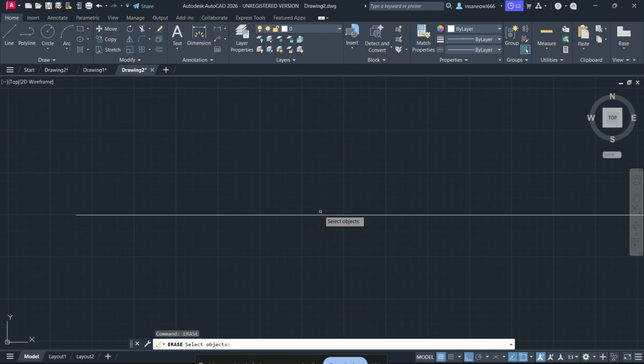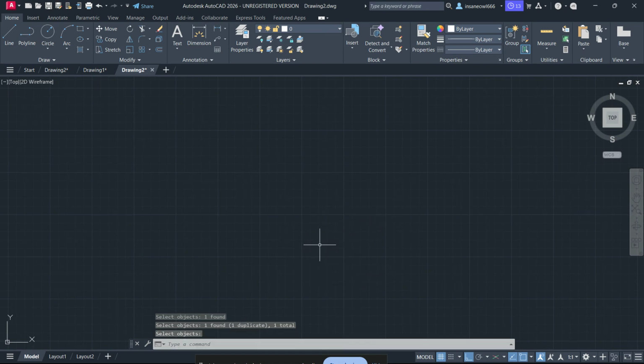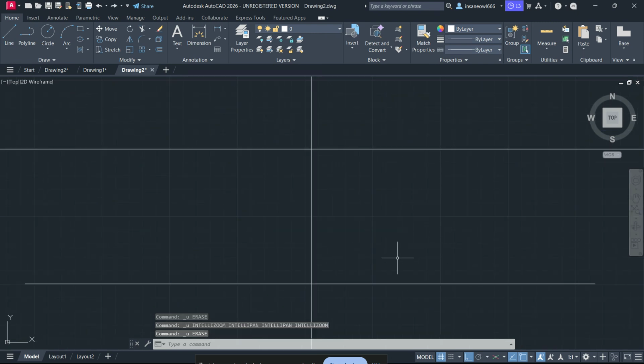You can click them one by one or drag a selection box around multiple objects if you want to delete several at once. Once you've made your selection, press Enter again to confirm the command. AutoCAD will then erase the selected lines from your workspace. This method is very handy because it gives you a little more control, especially when you're cleaning up complex drawings,